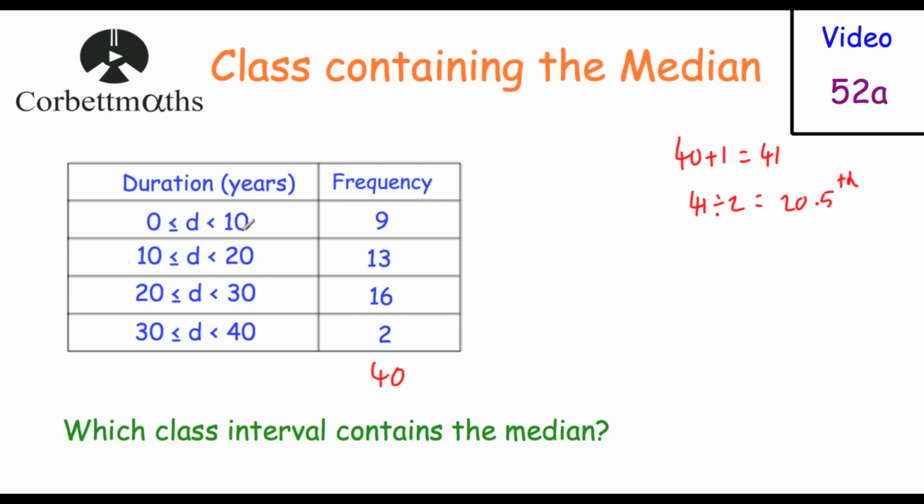But for grouped frequency tables where you don't actually know the values anyway, where it's just 9 people in between these values, 13 in here and so on, we can just divide this frequency by 2. So that's the 20th, and find where the 20th one is. Normally in a question like this, the 20th and the 20.5th value will be in the same category anyway,